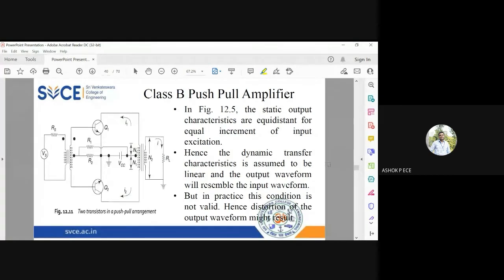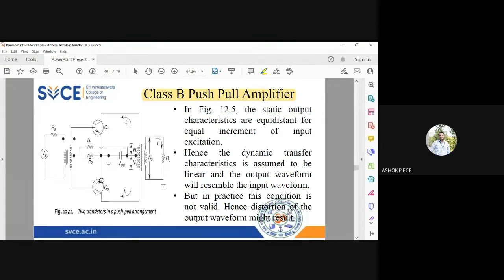Now we go into the types of class B amplifier which is physically implemented. We are going to call it a class B push-pull amplifier. The name of the class B amplifier is push-pull amplifier, and it is arranged in such a way that this configuration is called a push-pull configuration. See, emitters are connected together. When you tie the emitters of two transistors together, I am going to call it a